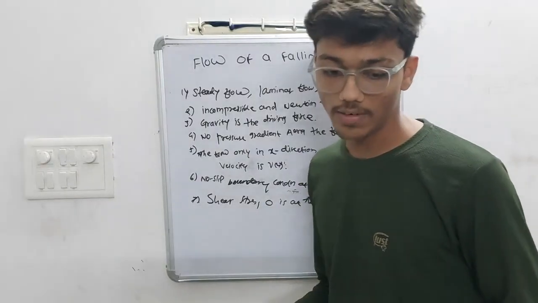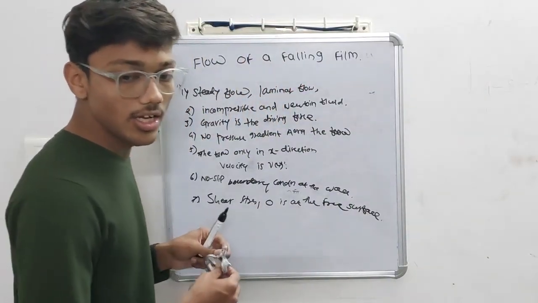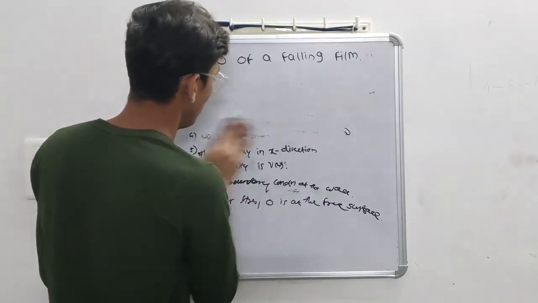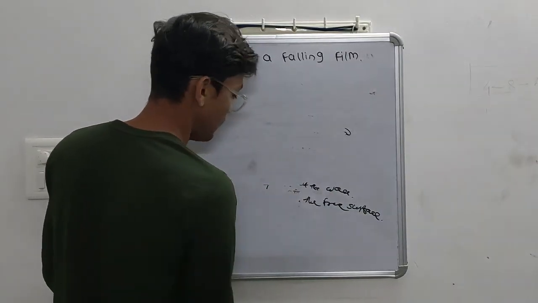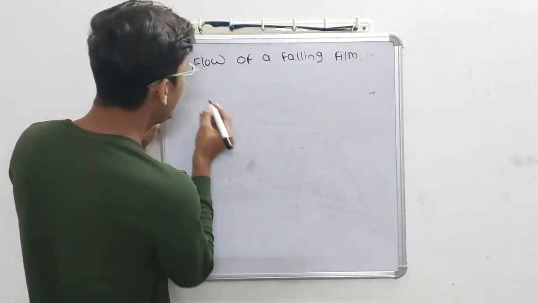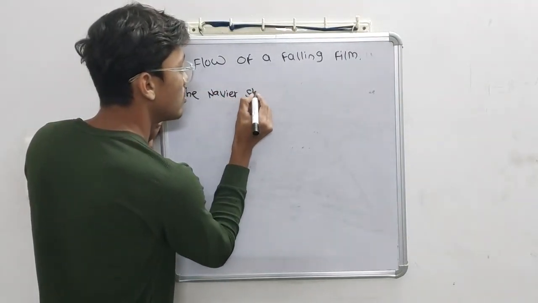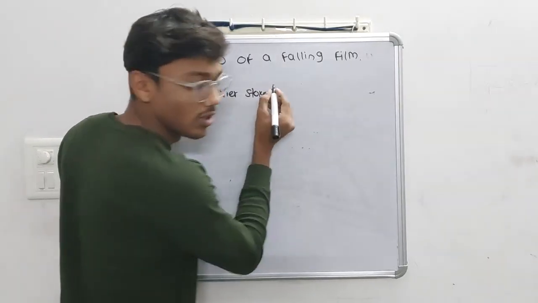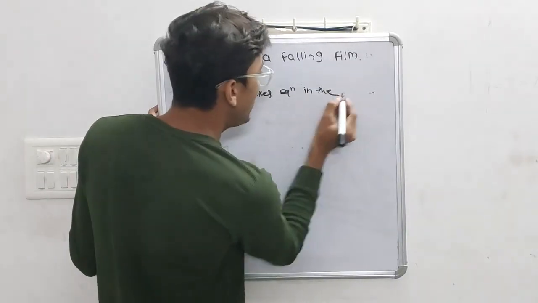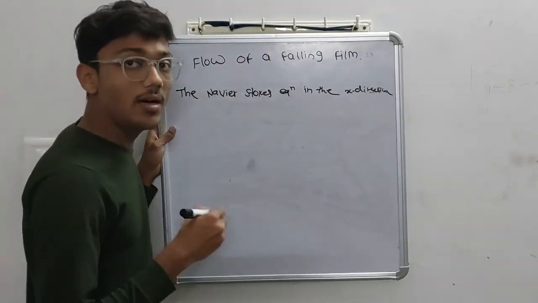The Cartesian form of the Navier-Stokes equation in the x direction for incompressible flow is